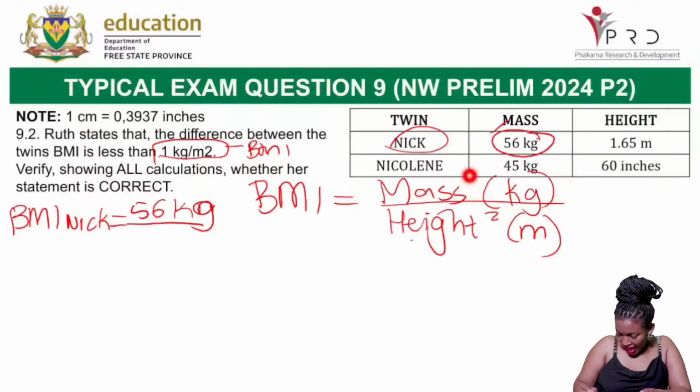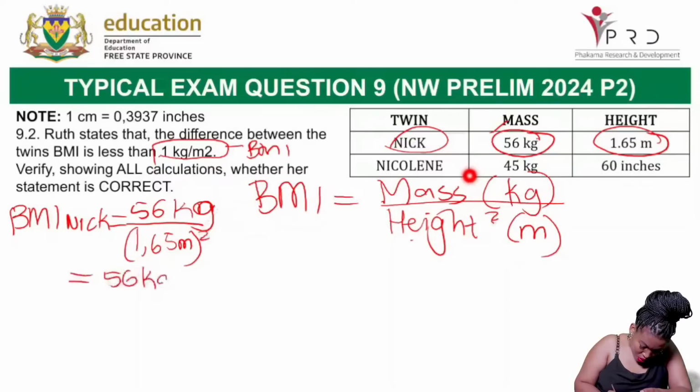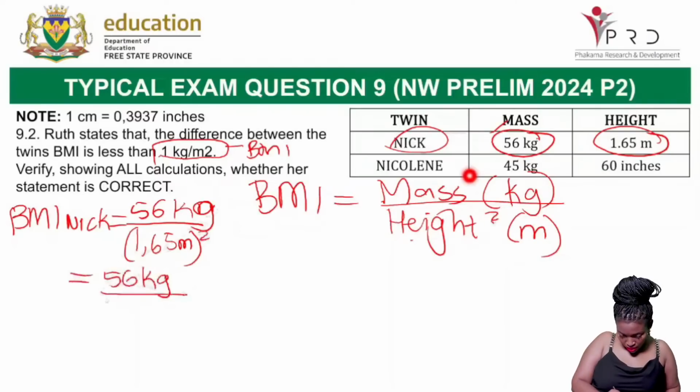Over what is Nick's height? It is 1.65 meters. But the height must always be squared. Then we will say 56 kilograms over 1.65 squared, which is the same as 1.65 multiplied by 1.65. And the answer there is